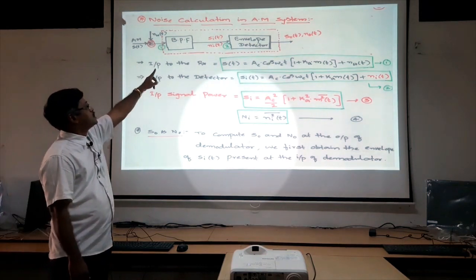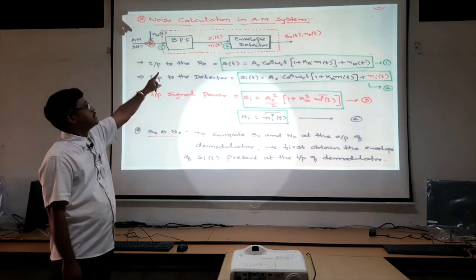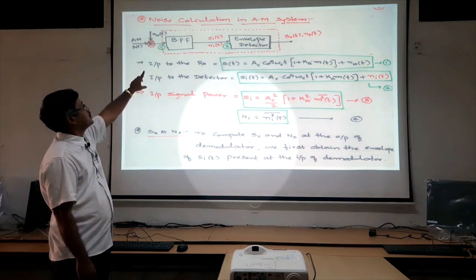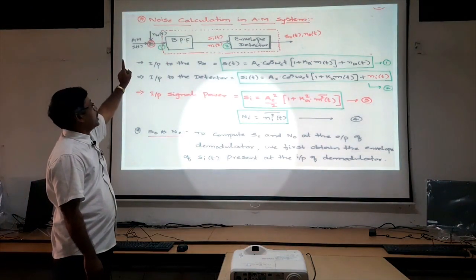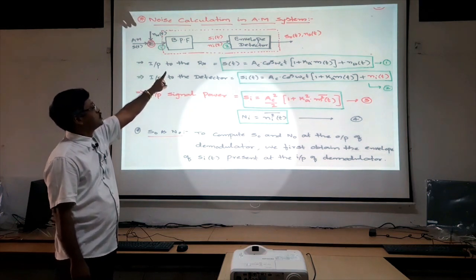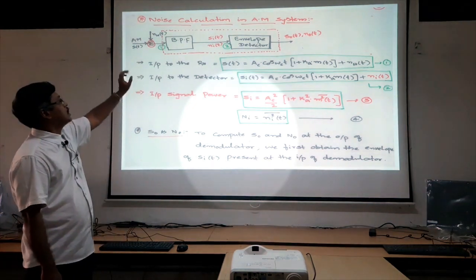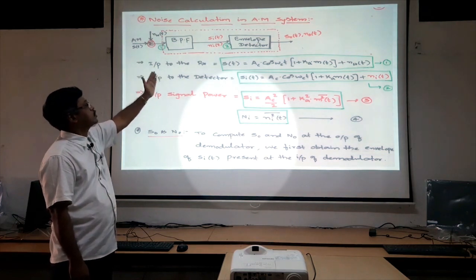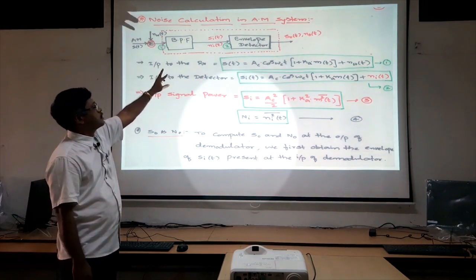When you observe the output of the band pass filter, which is defined in terms of Si(t) and Ni(t), it is nothing but the output signal and the band pass noise. That means the difference between the band pass filter input and output is, at the input, I am calling it white noise or Gaussian noise, and at the band pass filter output, it is the band pass noise. The white noise will be minimized to some extent using the band pass filter. So the inputs to the envelope detector are Si(t) and Ni(t).